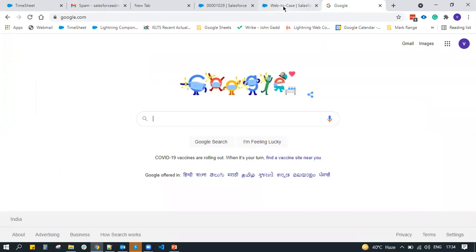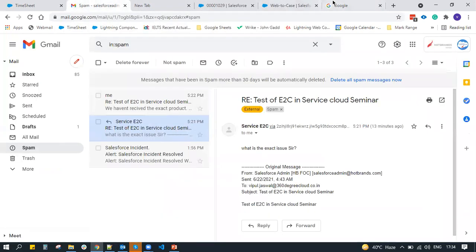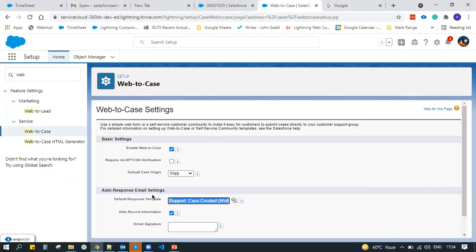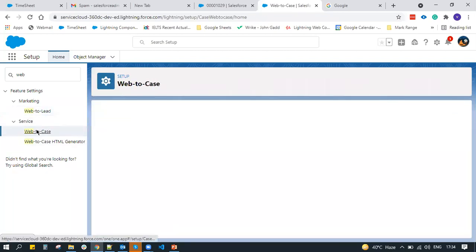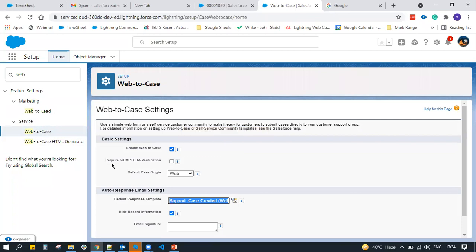Okay, so for that, first of all, go to Web2 case in Salesforce and find require reCAPTCHA verification.